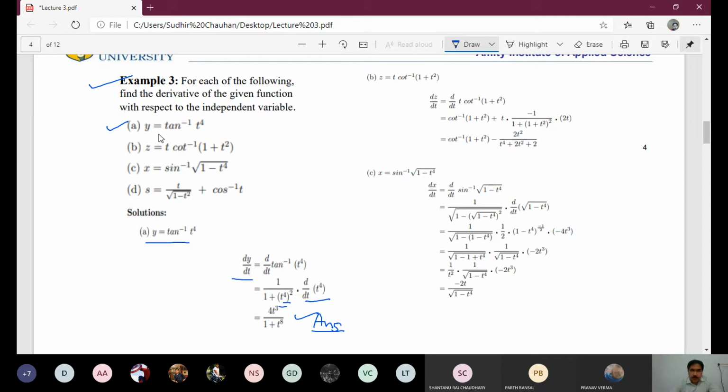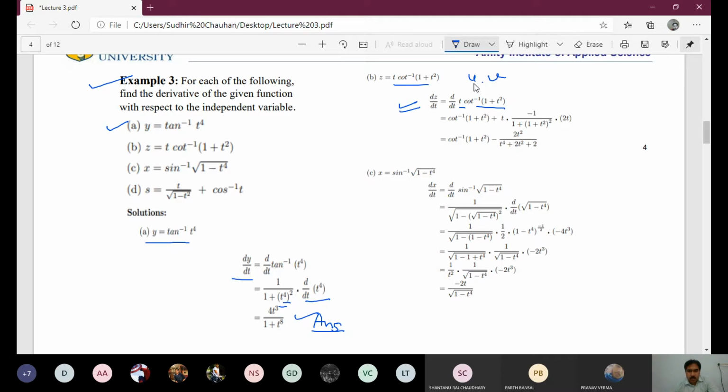In second part, z is equal to t cot inverse 1 plus t square. So we have two functions as a product, that is u into v. So we have to differentiate with respect to the independent variable, that is t here. First we will differentiate with respect to t, so it will be 1, and then we'll differentiate with respect to cot inverse 1 plus t square. So in the second case, we will multiply by t, and then the differential coefficient of cot inverse 1 plus t square,